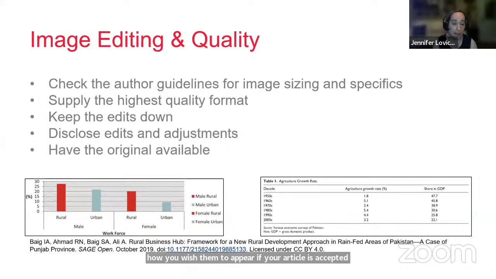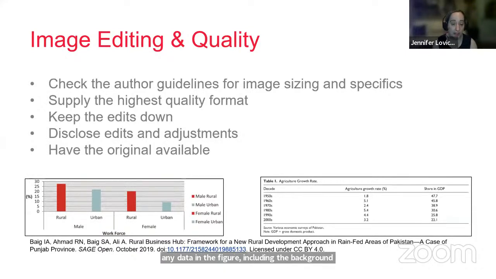Also, try to keep edits on images down. Figures should be minimally processed and should reflect the integrity of the original data in the image. For instance, images should not be layered or combined into a single image unless it's stated that the figure is a product of time average data. Adjustments to images in brightness, contrast, or color balance should be applied equally to the entire image, provided they do not distort any data in the figure, including the background.